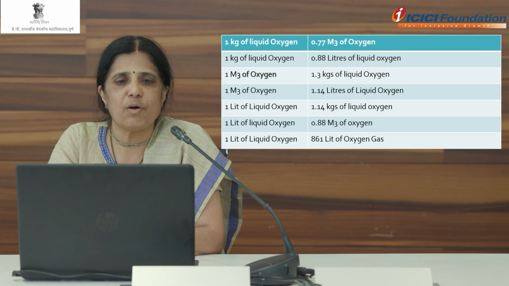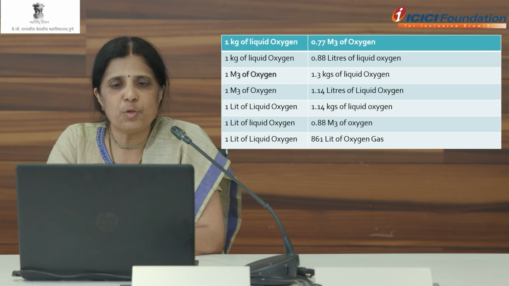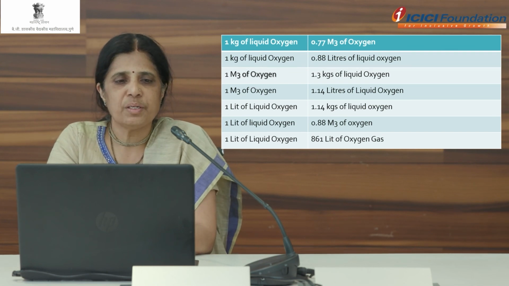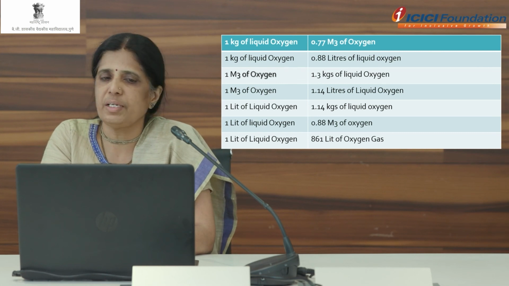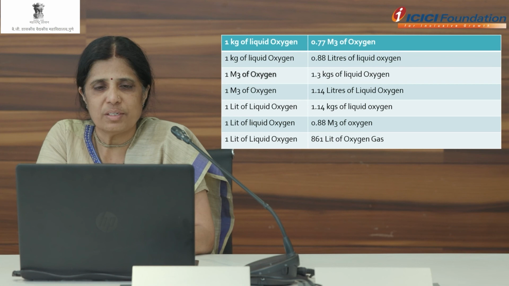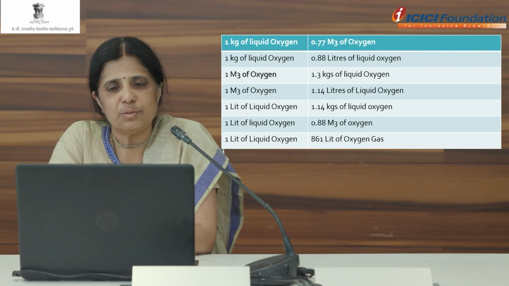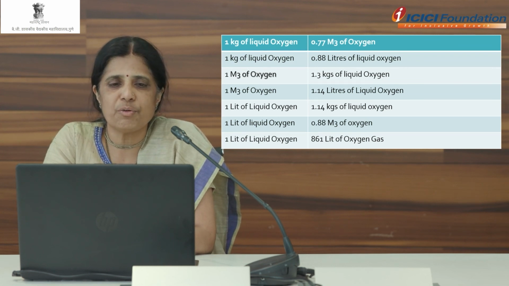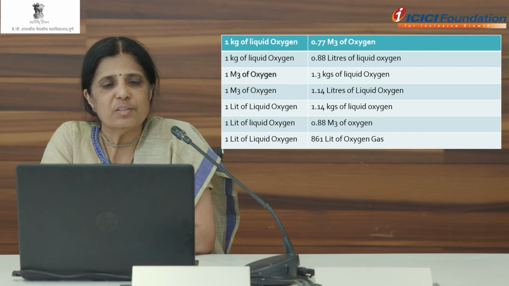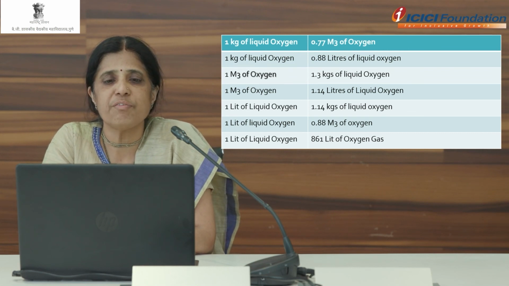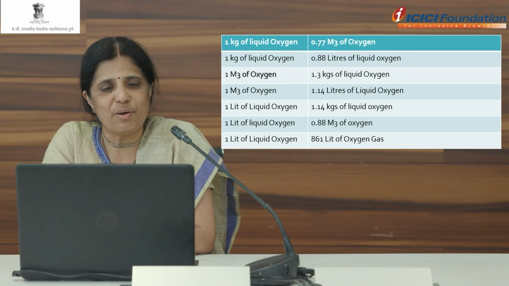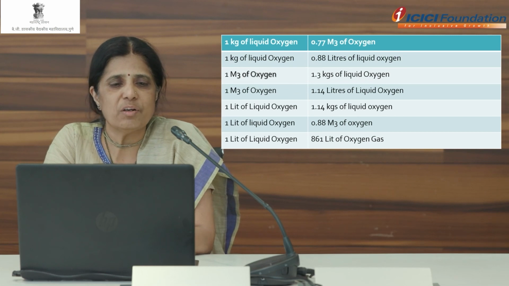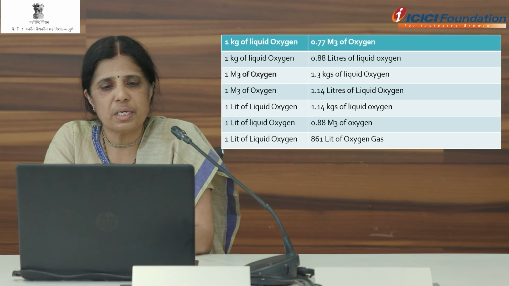So 1 kg of liquid oxygen is equal to 0.77 m³ of oxygen. 1 kg of liquid oxygen is 0.88 liters of liquid oxygen. 1 meter cube of oxygen is 1.3 kgs of liquid oxygen. I know it's very difficult to understand and remember, but you can just learn it by heart later. 1 meter cube of oxygen is equal to 1.14 liters of liquid oxygen. 1 liter of liquid oxygen is equal to 1.14 kgs of liquid oxygen. 1 liter of liquid oxygen is equal to 0.88 m³ of oxygen. And last, very important, 1 liter of liquid oxygen which we are getting through LMO is equal to 861